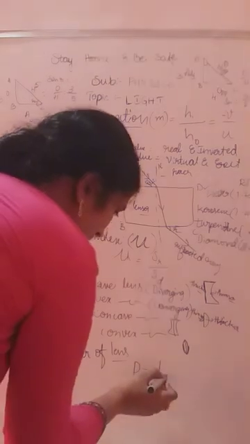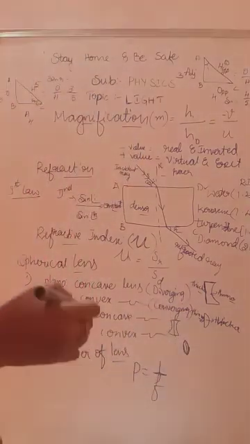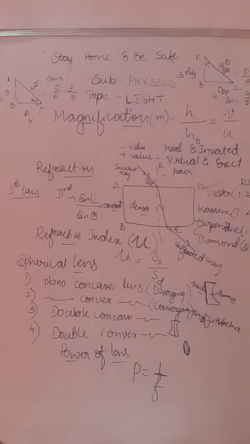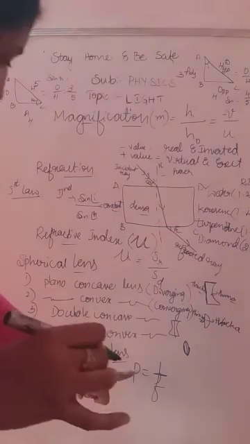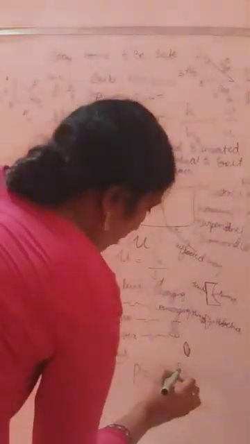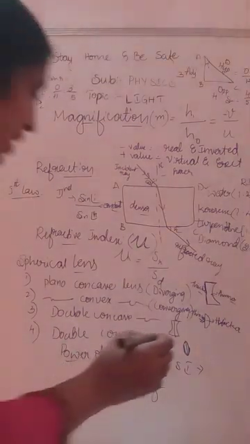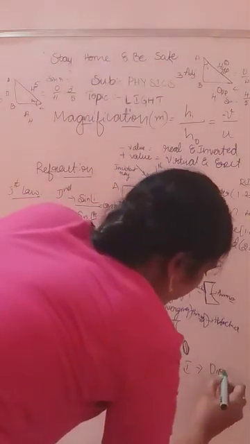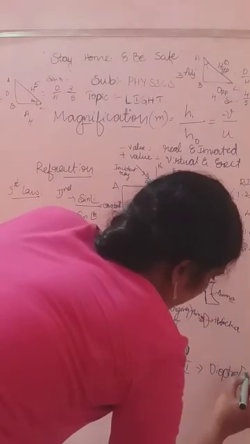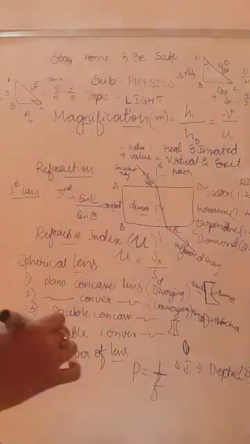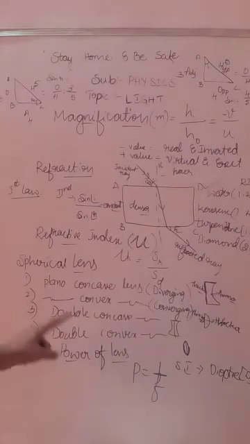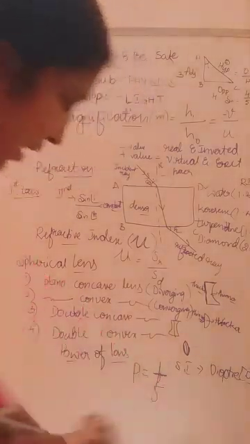The reciprocal, we have taken here reciprocal. Reciprocal in the sense the value comes to the denominator. Keep in mind, the reciprocal of the focal length is called the power of lens. Its formula P equals 1 by f. And what is the SI unit of power of lens? SI in the sense, I think you know about the system of international units, that is dioptre. Dioptre. It is denoted by the capital D. The SI unit of the power of lens is dioptre.